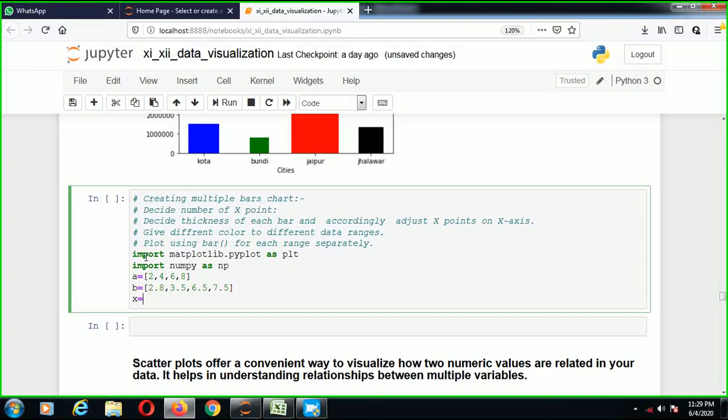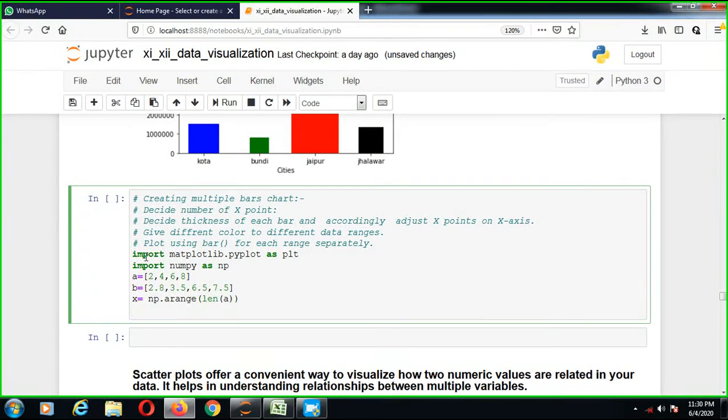Now x equals np.arange, that is arange of len of a.